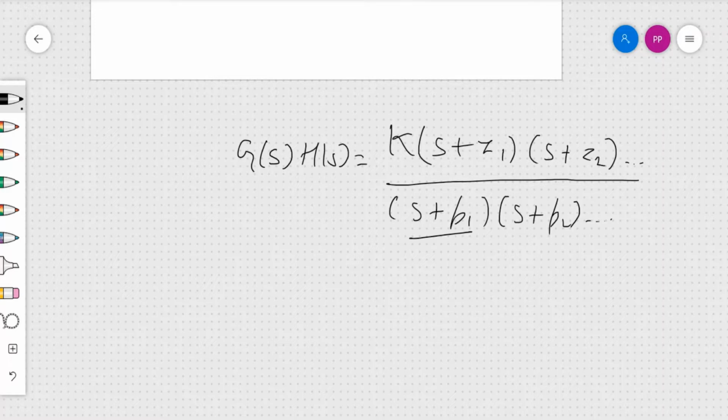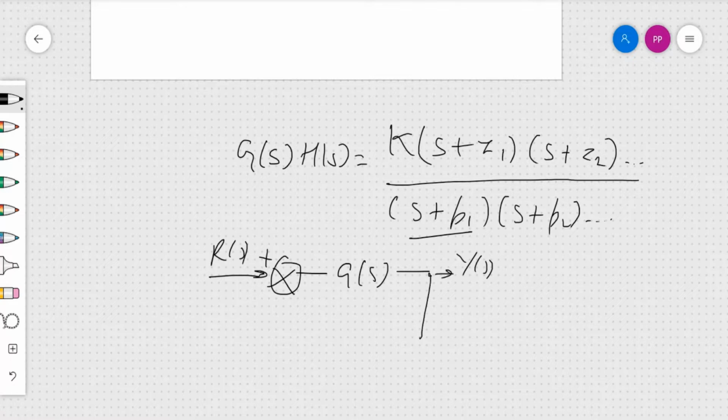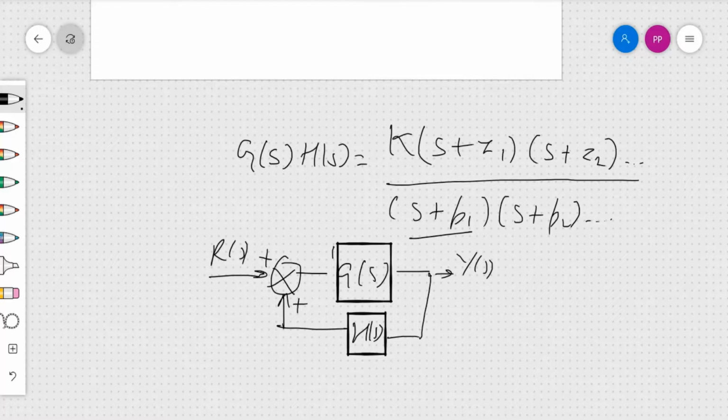When we see that the problem is of a system where we have given positive feedback to the plant, say you have the G(s) and the reference input R(s), which is a positive input, Y(s) is there, and you are taking the positive feedback of the output H(s), with K greater than 0.